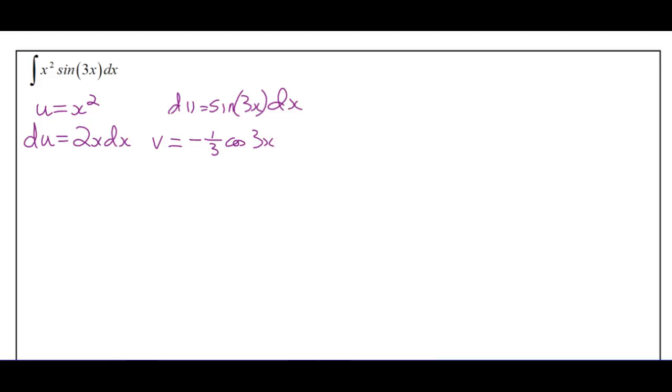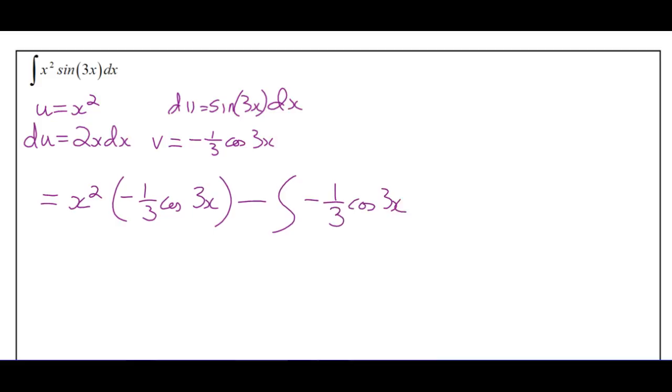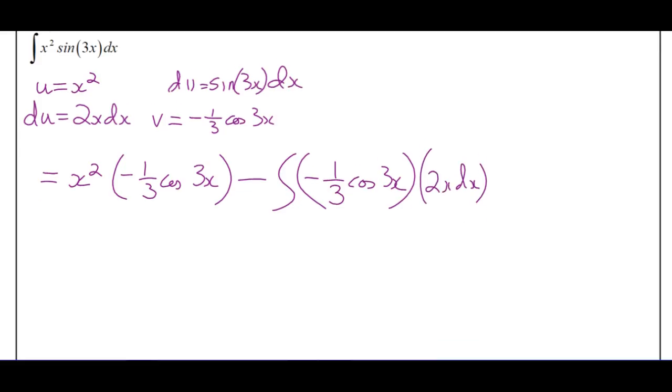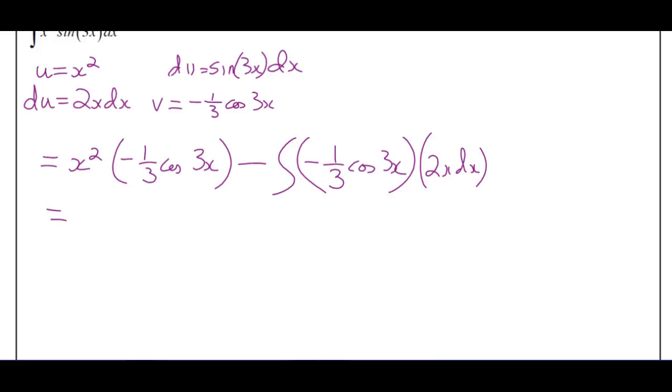Okay, anyways, what do we got? So the integral is u times v. So x squared times negative 1/3 cos 3x minus the integral of v, negative 1/3 cos 3x times du, which is 2x dx. Equals. Okay, so this is easy, right? I'm just going to go negative x squared over 3 cos 3x minus,